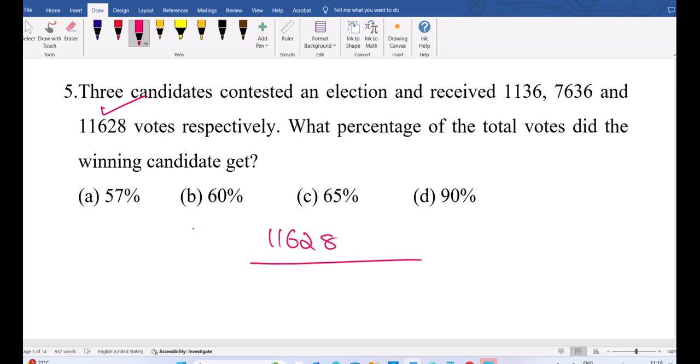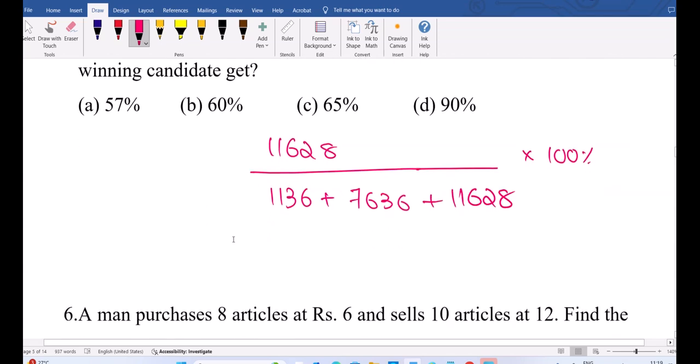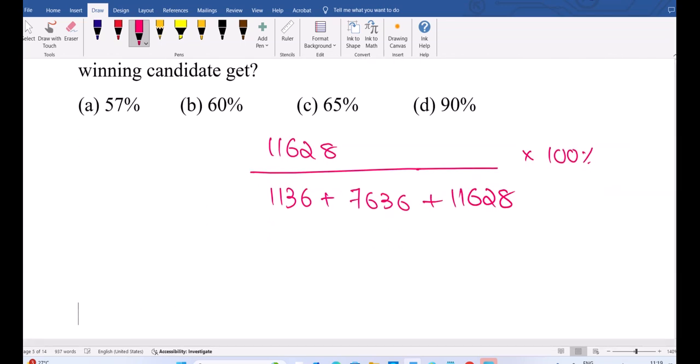Total means all: 1136 plus 7636 plus 11628, into 100. Winning candidate percentage is the votes he got out of total. The votes is 11,628. What is the denominator now? 11,628 into 100 divided by